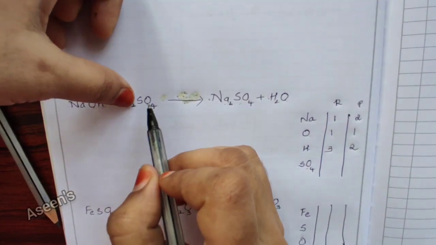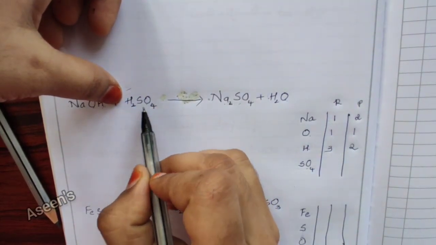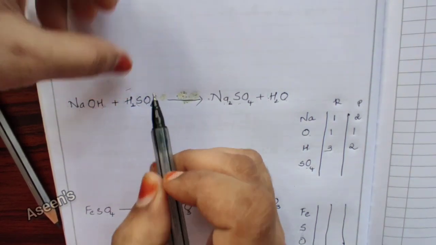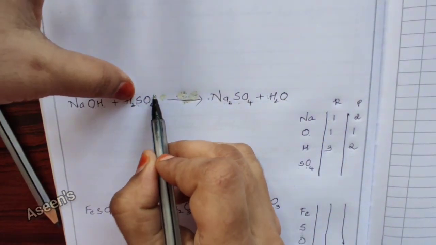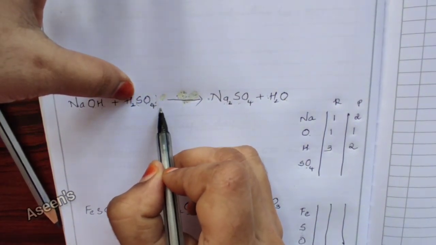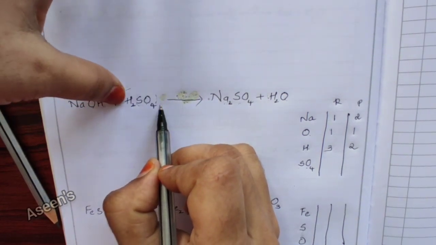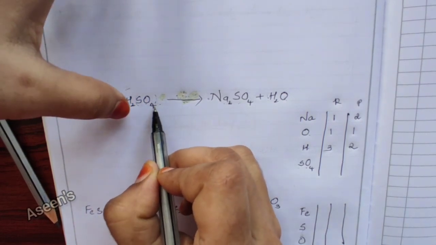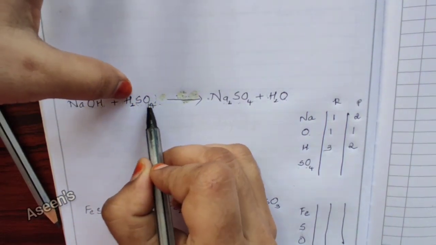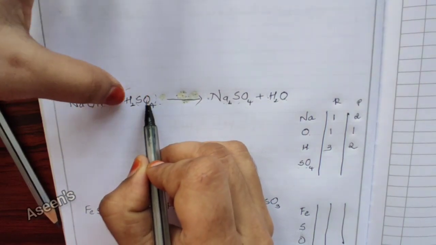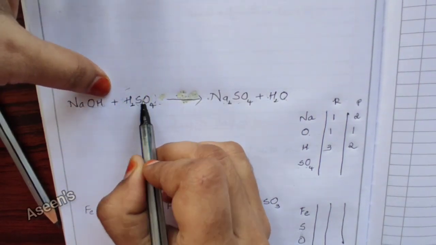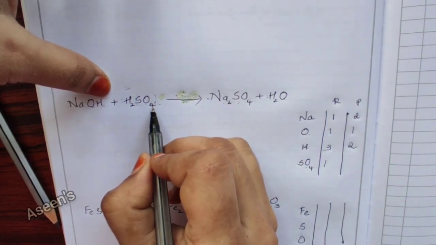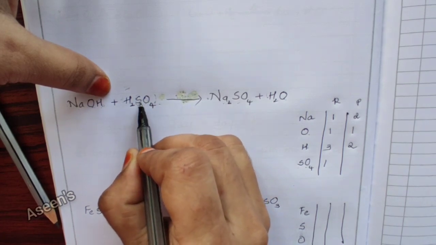Now comes SO4. See, this SO4 is together. So this SO4 is like one unit. If I have a bracket here and a number, then I have to multiply that number with the whole unit. In this case, no bracket, right? So that means this particular unit is 1, and here no number, so 1s are 1. This 4 is not considered an exponent over here. This subscript is only for O and not for S.